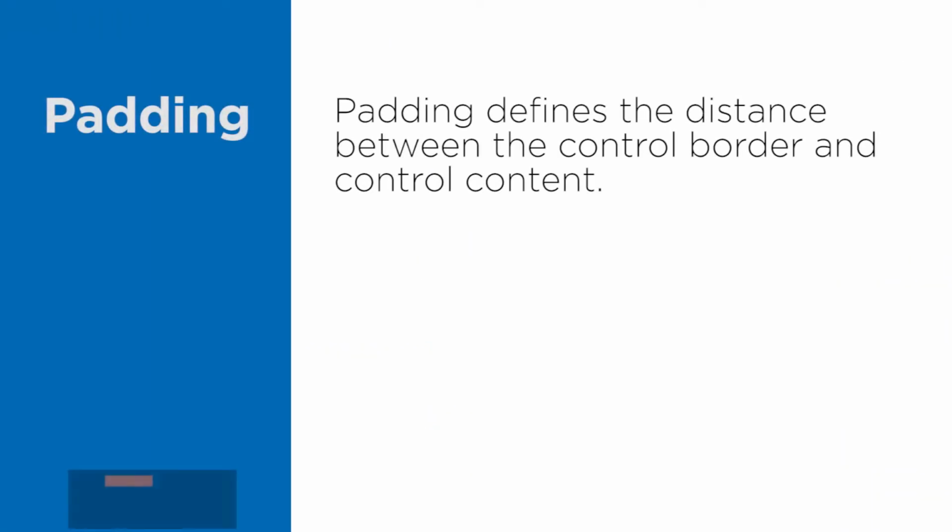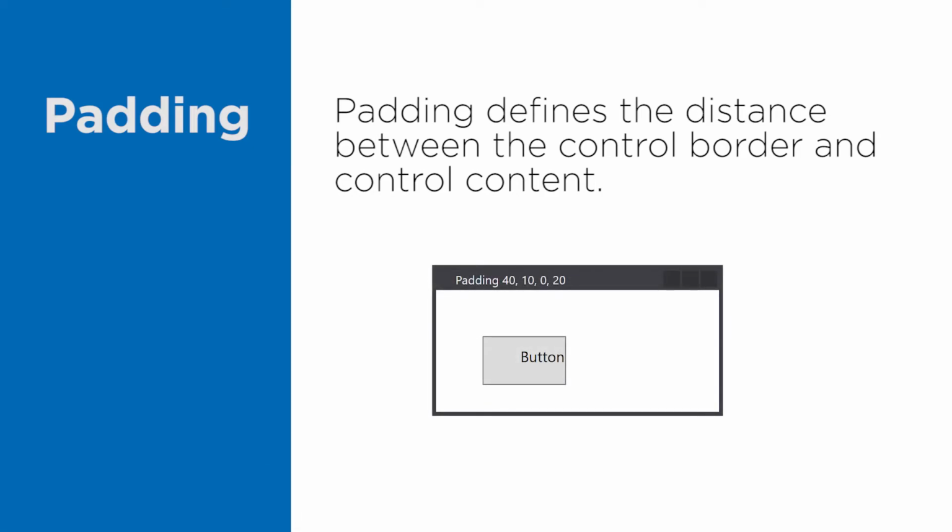Now to the padding attribute. Padding defines the distance between the control border and control content. Here is a button in a canvas container. The padding is 40, 10, 0, 20 and is applied in the same way as margin, clockwise starting from the